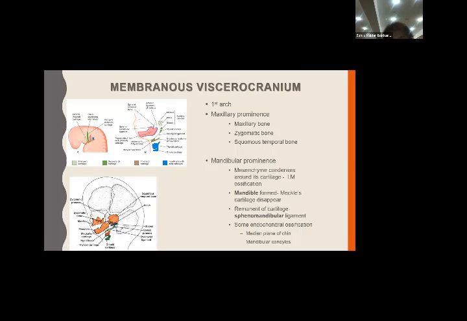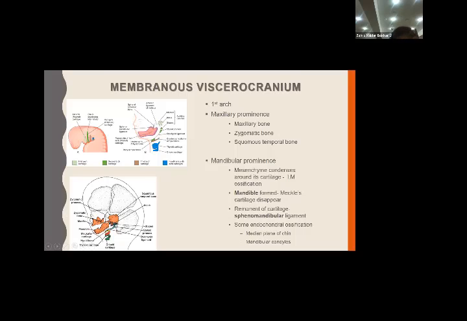Squamous part of the temporal bone starts to develop as a bone of the viscerocranium. That means face की bone के तौर पे it starts to develop, but then it is pulled back posteriorly and becomes part of the bones of the skull. Okay, but intramembranous ossification जो bones of the face में होती है, sorry, intramembranous ossification किन bones में होती है? Maxilla, zygomatic bone, and squamous part of the temporal bone. जबकि